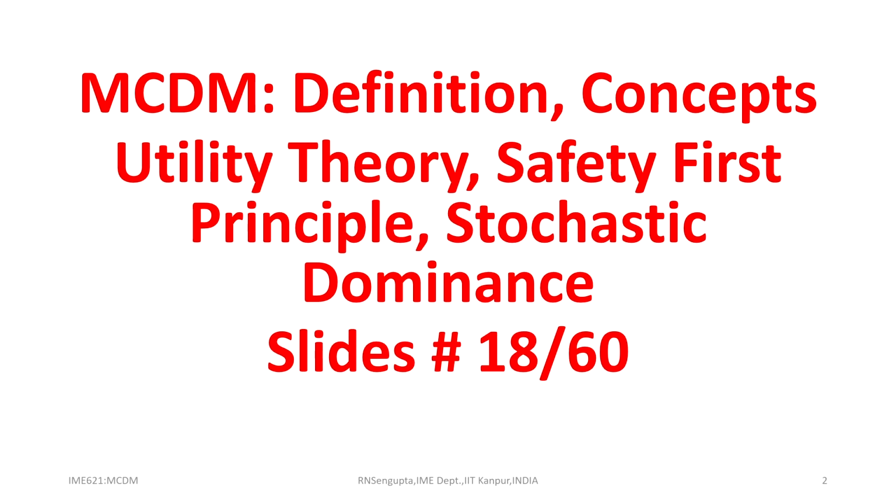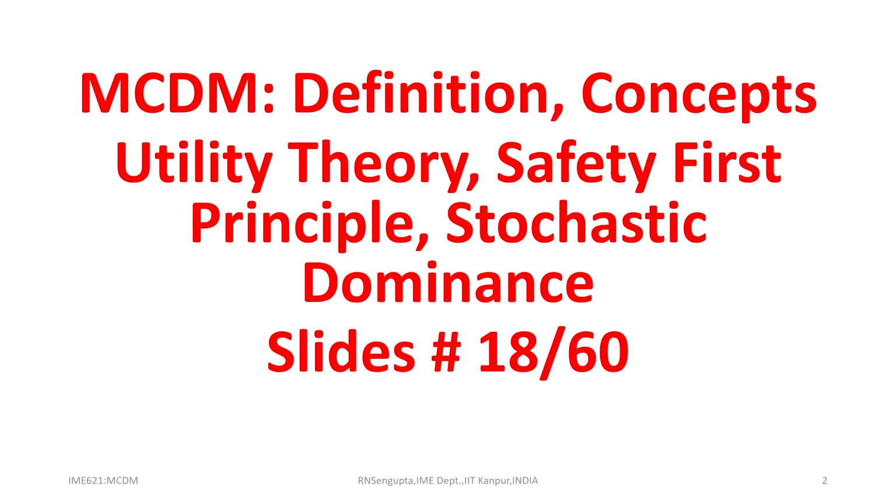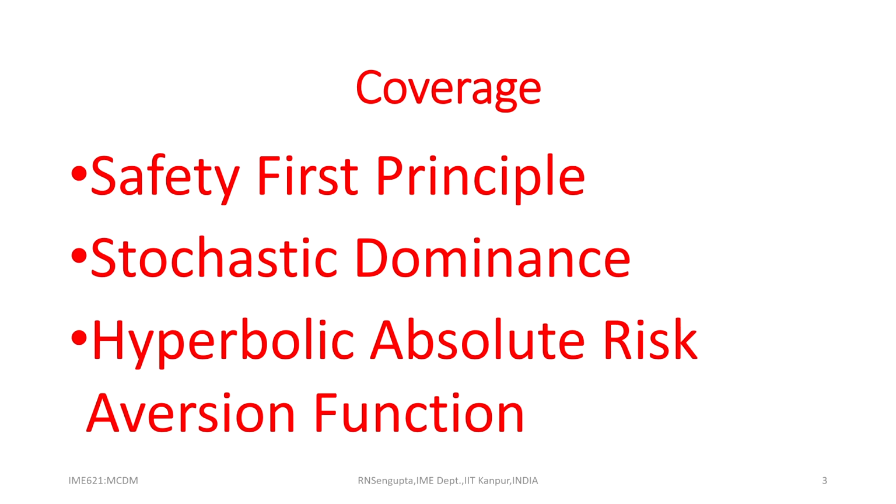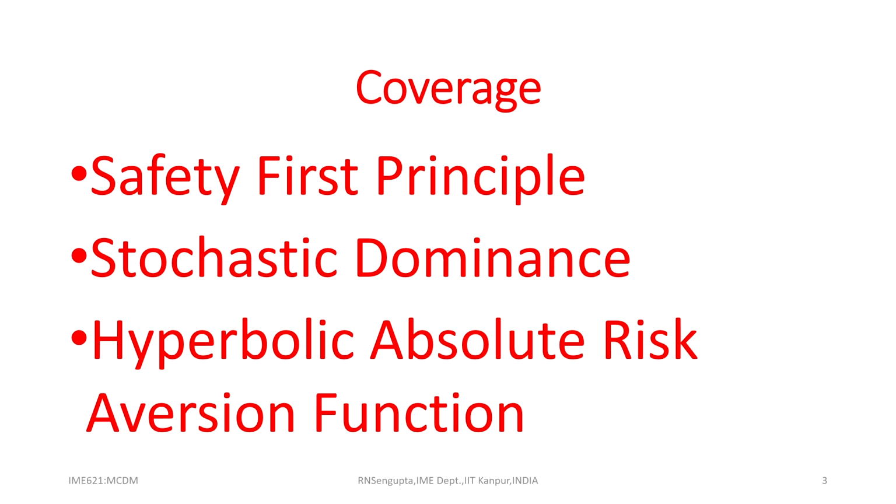So, as you know, we will be starting and finishing today the 18th lecture out of this 60 lecture series, which is spread over 12 weeks with each week being 5 lectures, each lecture being for half an hour. The broader topic which we are still under is basically definitions, concepts of utility theory, safety first principle and stochastic dominance. In the last class, we did start with the safety first principle and I did explain the concepts using the diagrams. We will continue that. The example which we left, go into stochastic dominance as time permits and then also the hyperbolic absolute risk aversion.